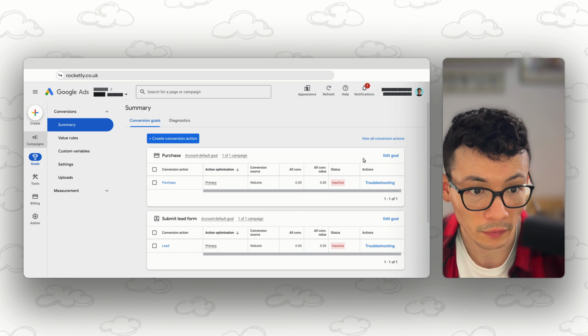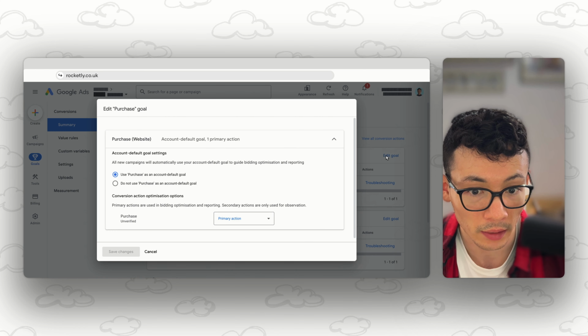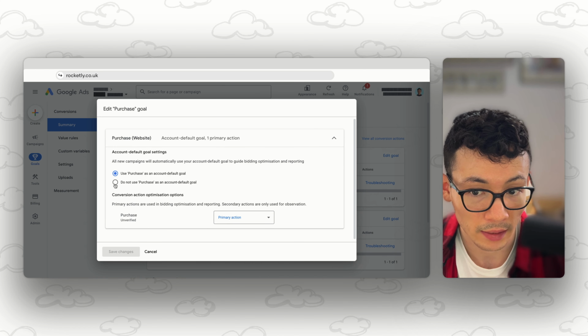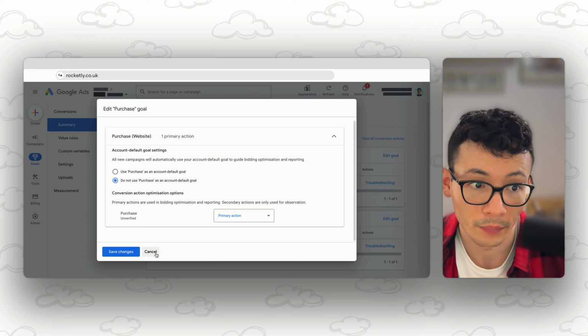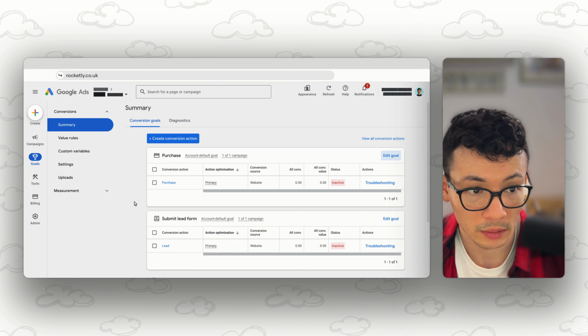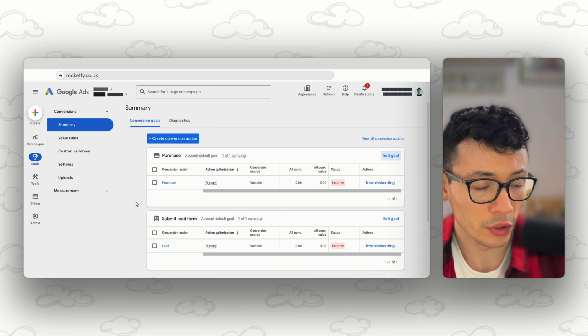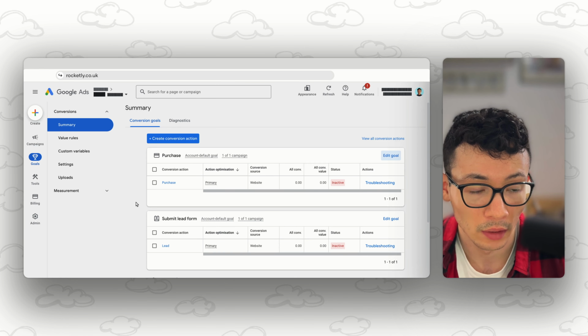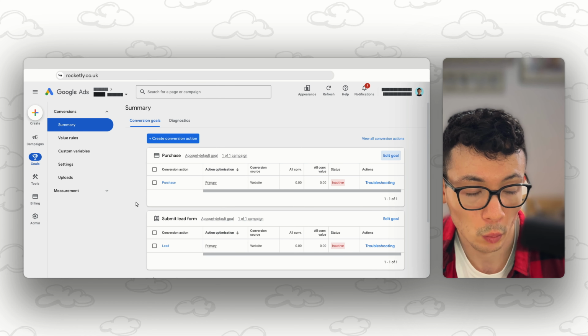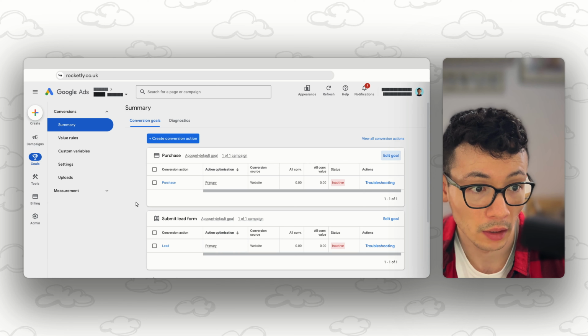Now you can turn this off if you go to edit goal here, and you can select do not use purchase as an account default goal, and you can save that. But a much better option would be to use custom goals. So why would you use custom goals in an account? Best practice with campaigns is to optimize towards one primary conversion, ideally.